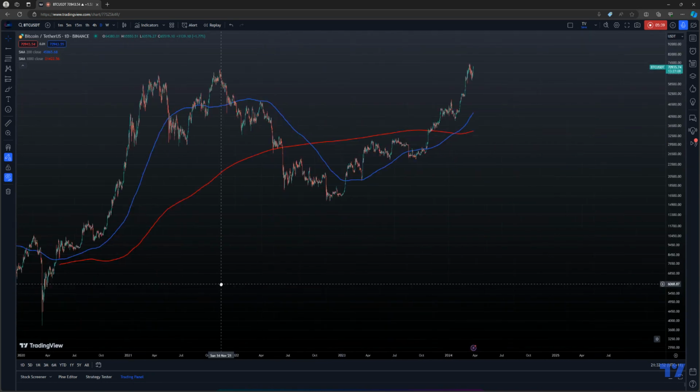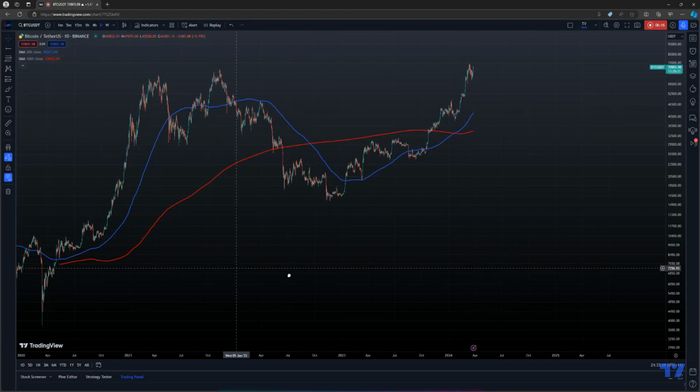Okay, so whilst we're here, we are also looking at the moving averages. The moving averages kind of also suggest that potentially, yes, we have just crossed over 200 over 1000 on a daily, you know, when this whole move started. So how do you interpret that, right? How do you interpret that?